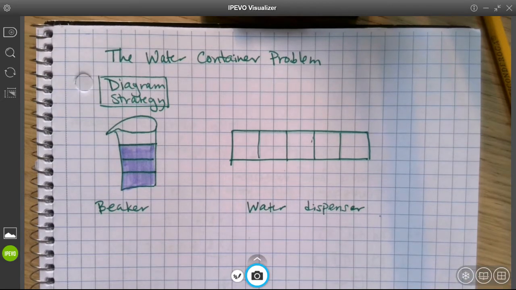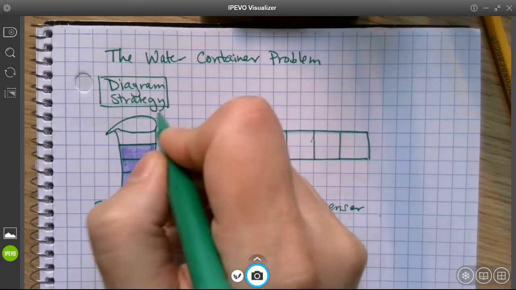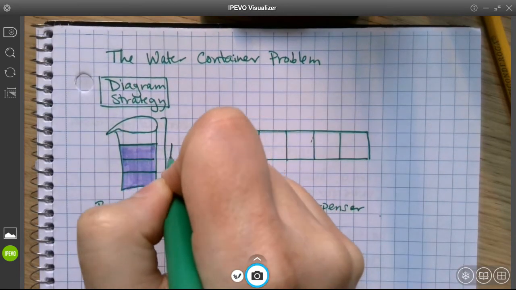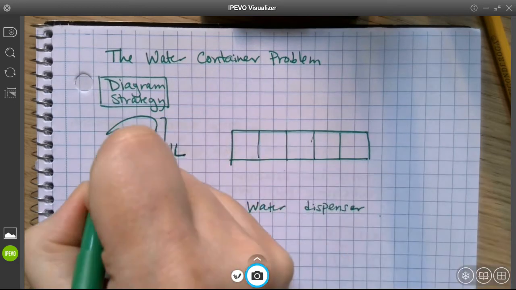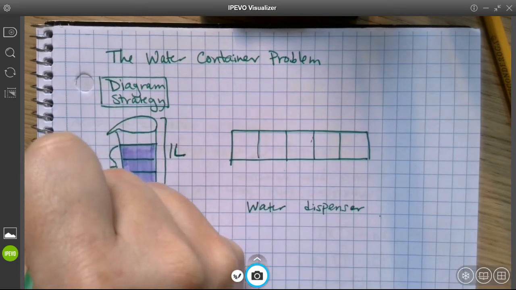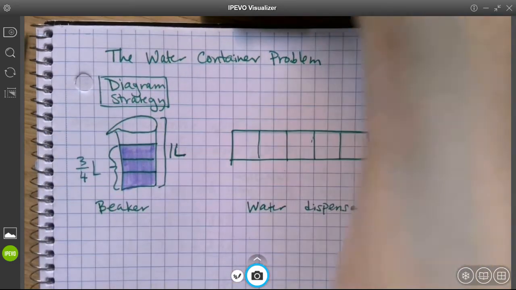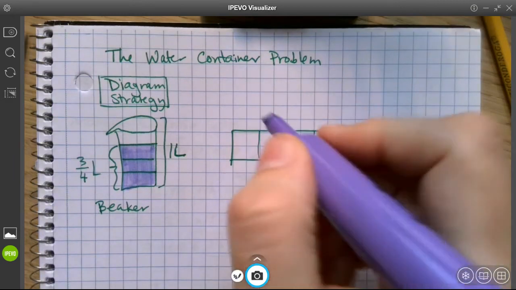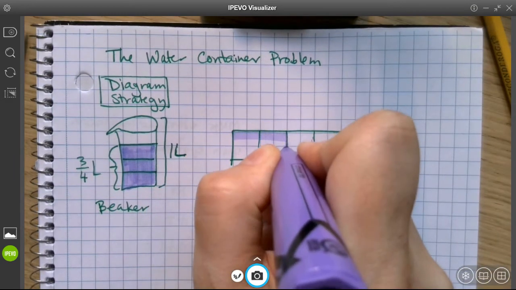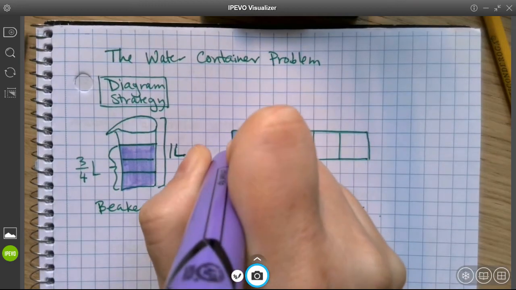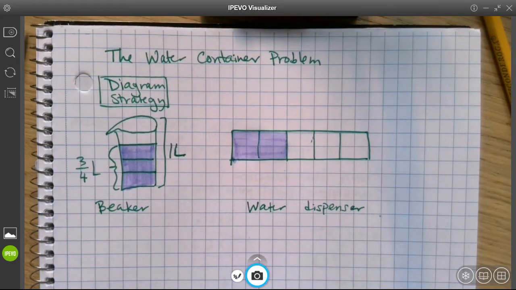Okay, the first strategy I'm going to show you is a diagram strategy. So we see here that we start with a beaker, and the beaker of water, like a full beaker, is 1 liter. So that means that the amount of water that I have is 3/4 of a liter. And then we saw in the video that 3/4 of a liter filled up 2/5 of the water container. So if the water dispenser, 2/5 of the water dispenser